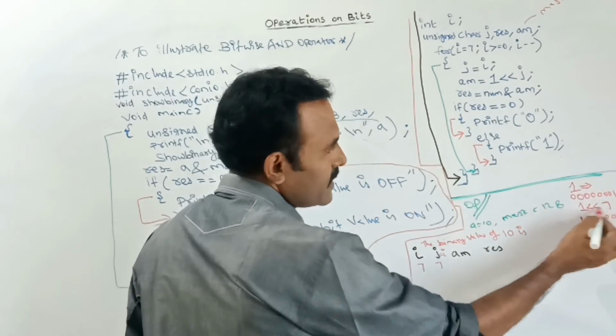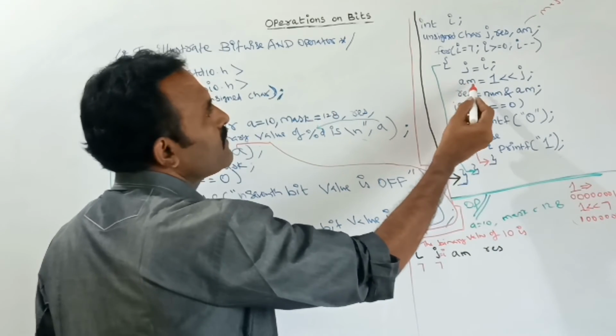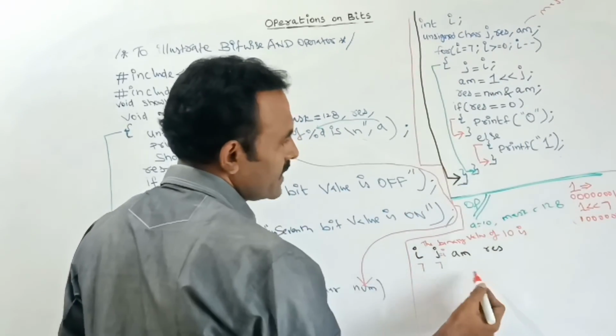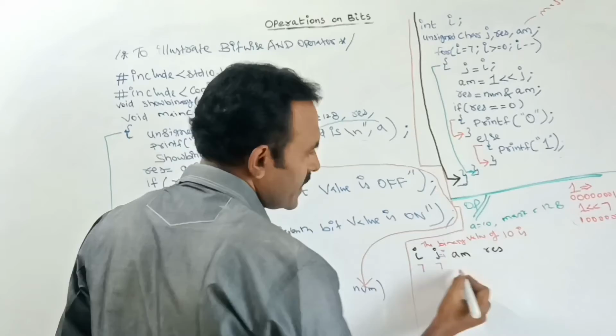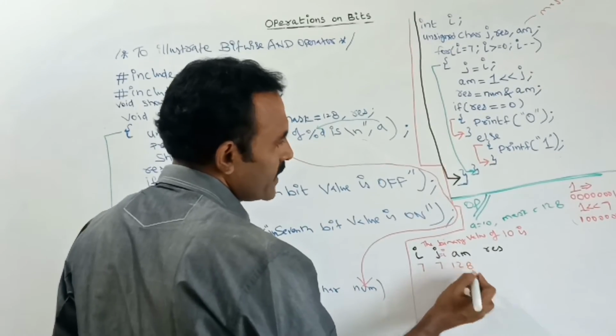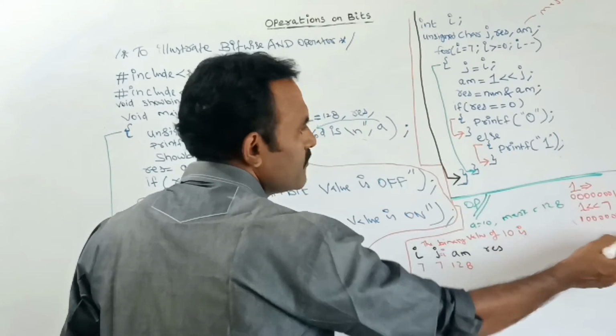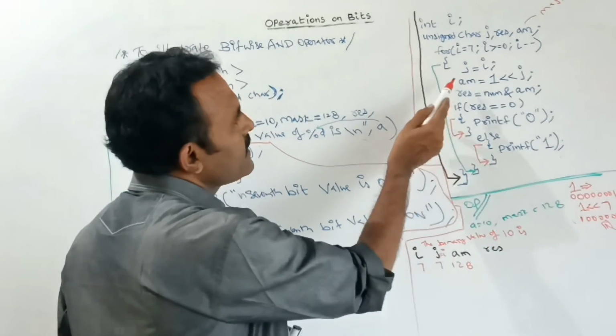This is the left shift of 1 with 7. This is the answer. What is the am value? Am is equal to 1 left shift of j. This is the am value. So here value 128. am will have the value 128, because for 128 this is the binary value. Next here in this step